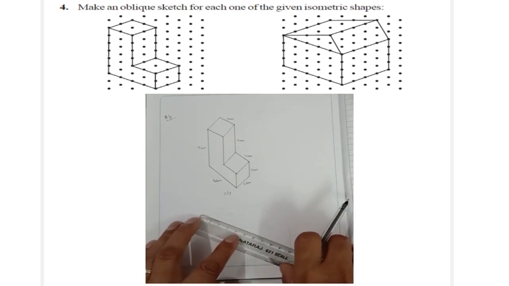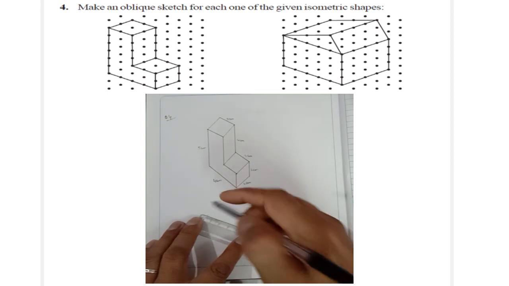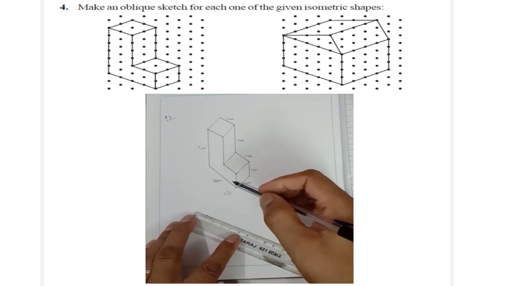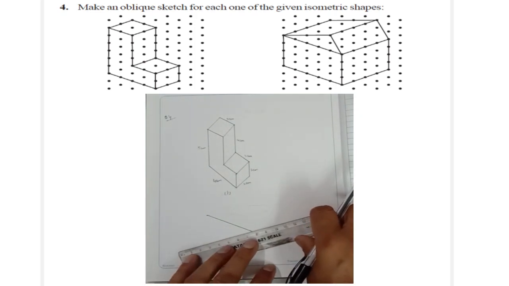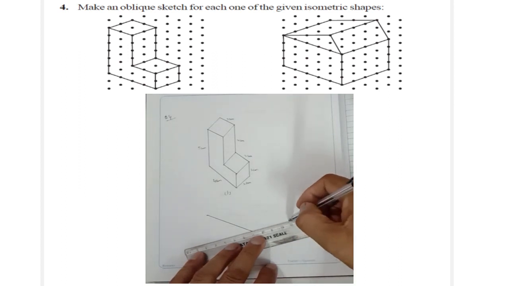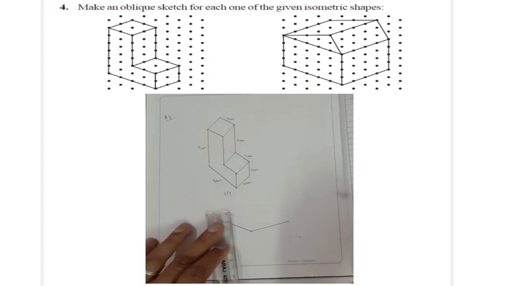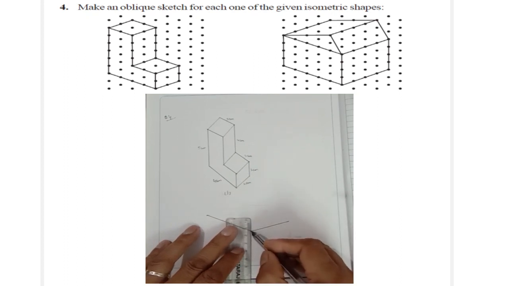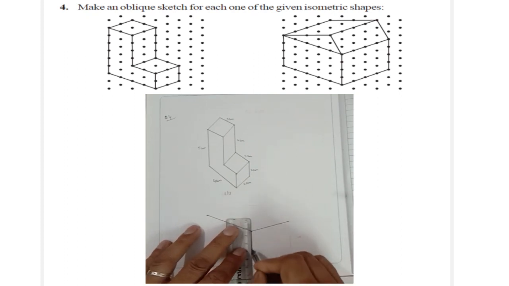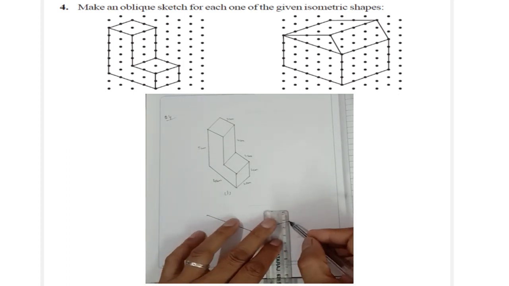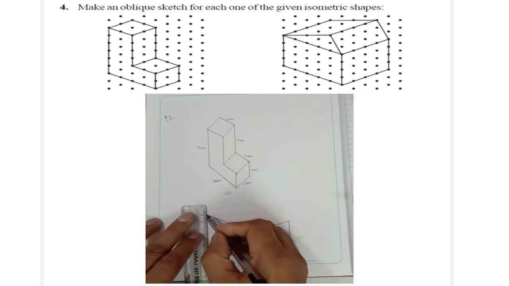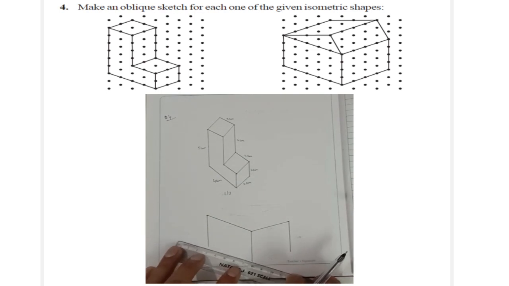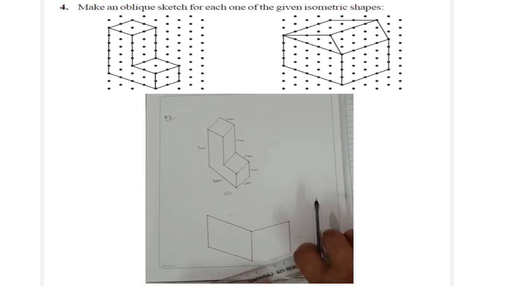So let us draw this as 5 centimeter, and then this as 4 centimeter, then this is 4 centimeter, again this is 4 centimeter, again this is 4 centimeter, this is 5 centimeter, and this is again 5 centimeter,